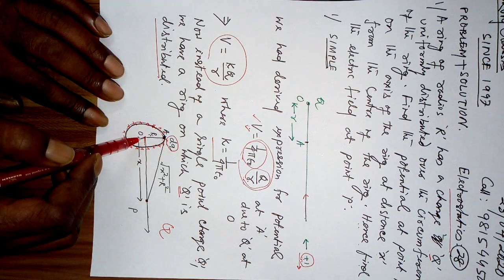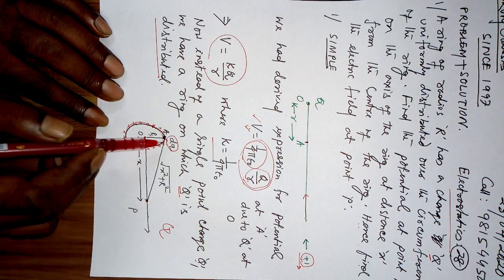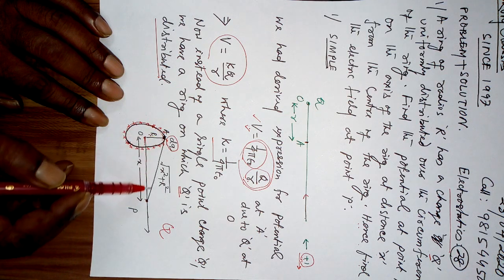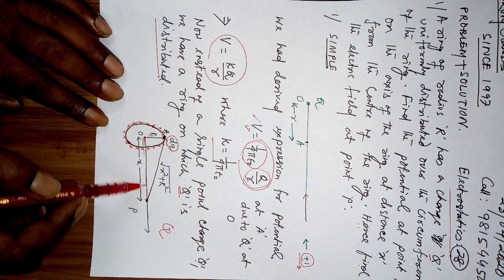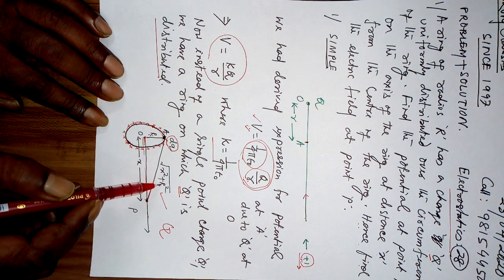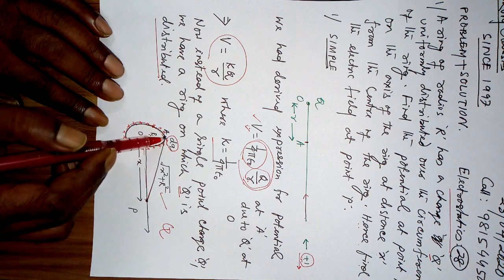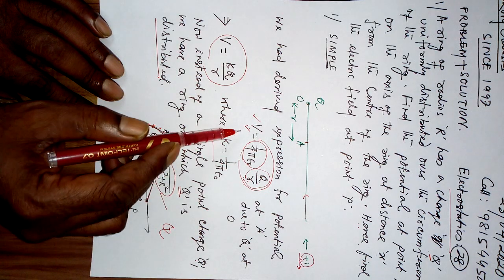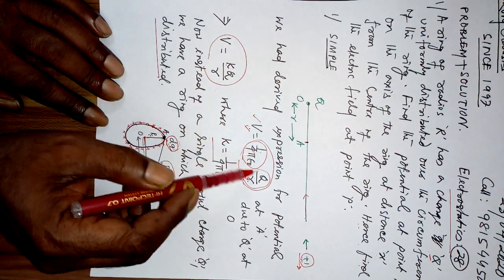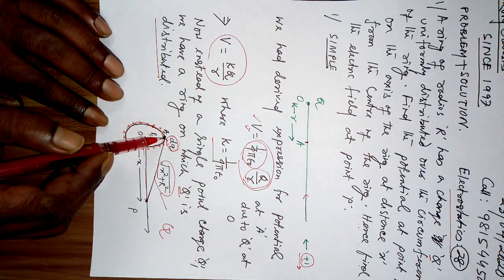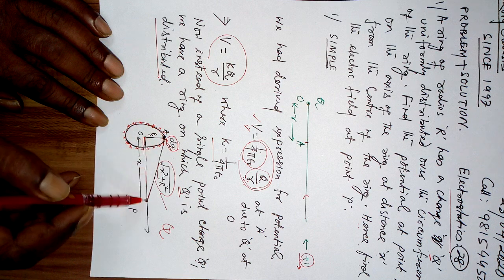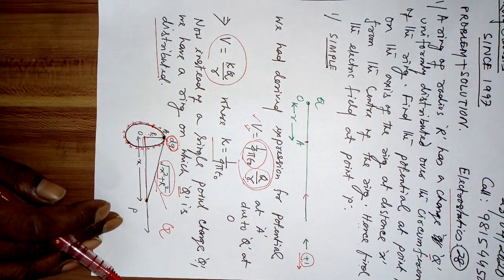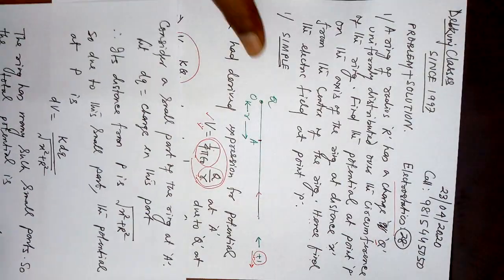Now if from here to here is capital R, from here to here is x, then this charge dq is at what distance from here? This distance is equal to the square root of R square plus x square, or the square root of x square plus R square. So the distance of this charge dq from here is this much. And look here, potential was 1 by 4 pi epsilon naught, charge over distance. So due to this much of charge dq, which is at this distance, the potential here due to this much charge will be, how much?